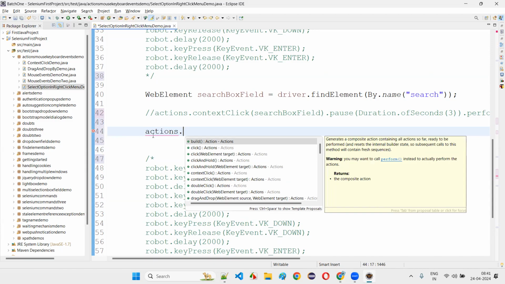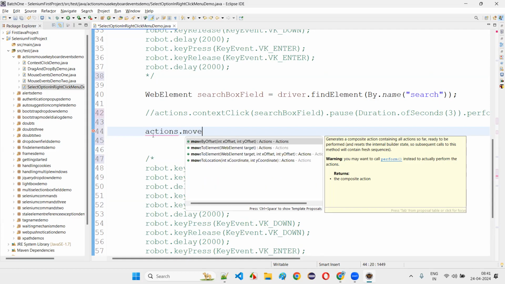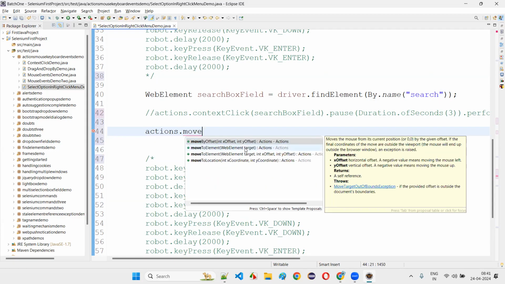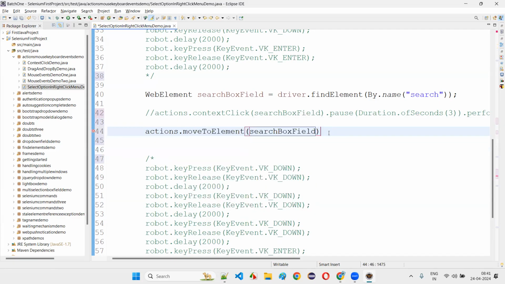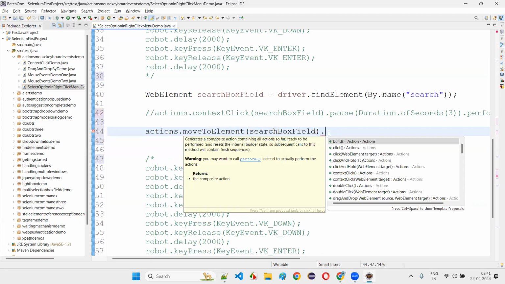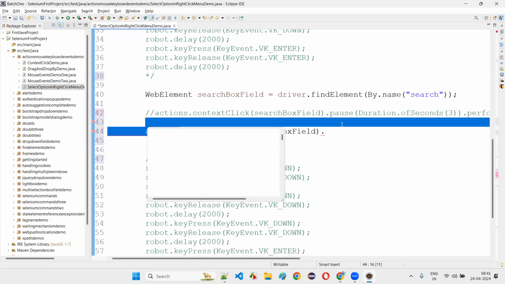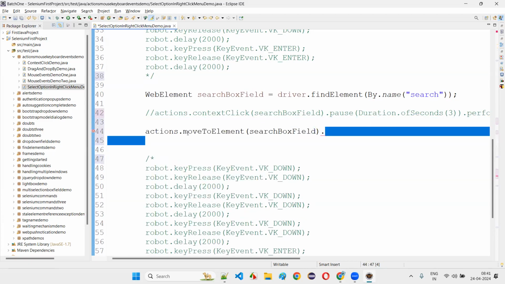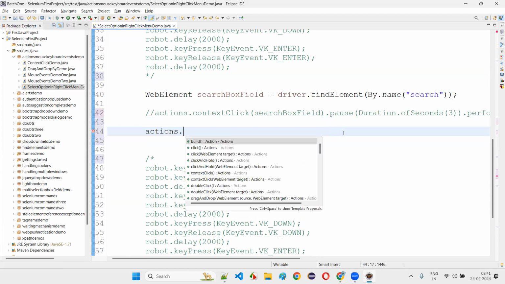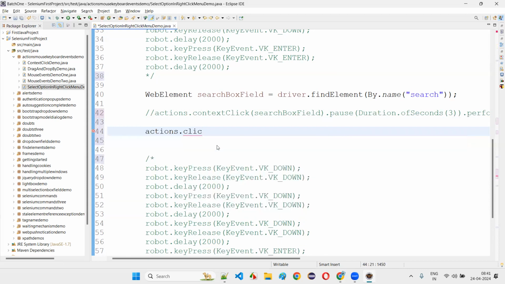I have to say double click, move to element, search box field dot... sorry, Control Z. Instead of move to element, I'll simply click on the search box field. The click command, using WebElement click, is a normal left click. Apart from that, we have click inside the search box field dot,